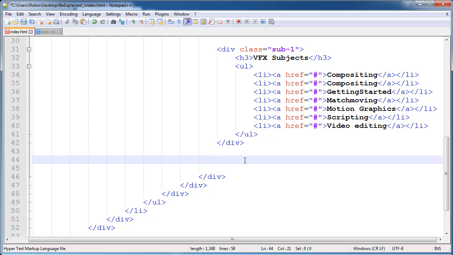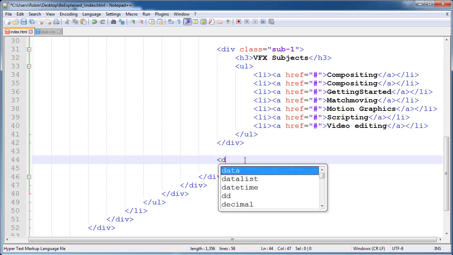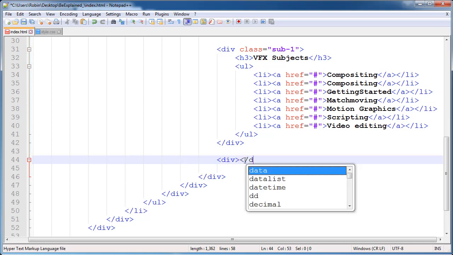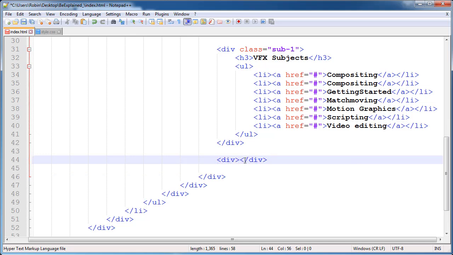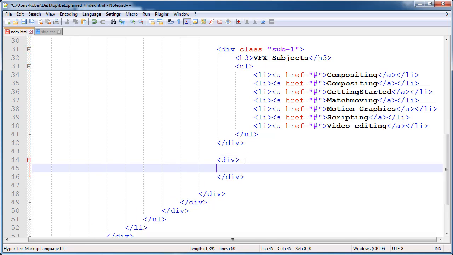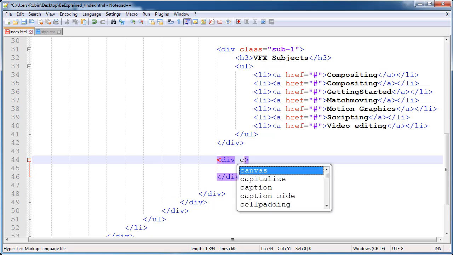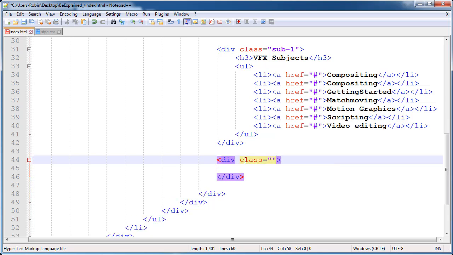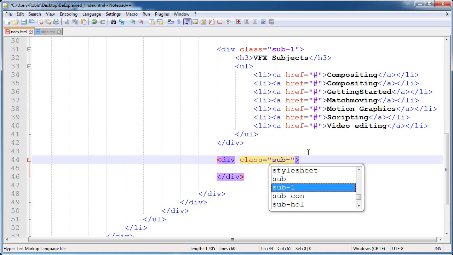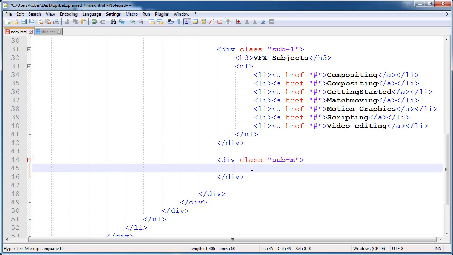Sorry for the mistake. Actually, create another div and give the class equal. Firstly, copy and give the class of sub menu, only M, full form is sub menu,